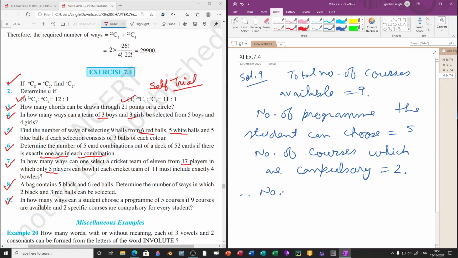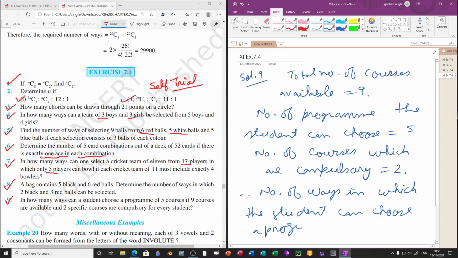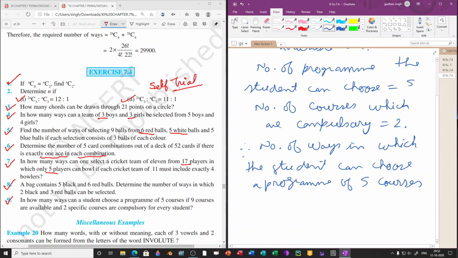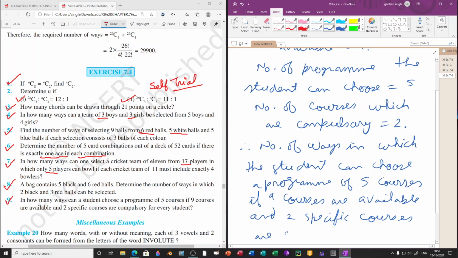Therefore, the number of ways in which the student can choose a program of 5 courses, if 9 courses are available and 2 specific courses are compulsory, so that will be equal to,